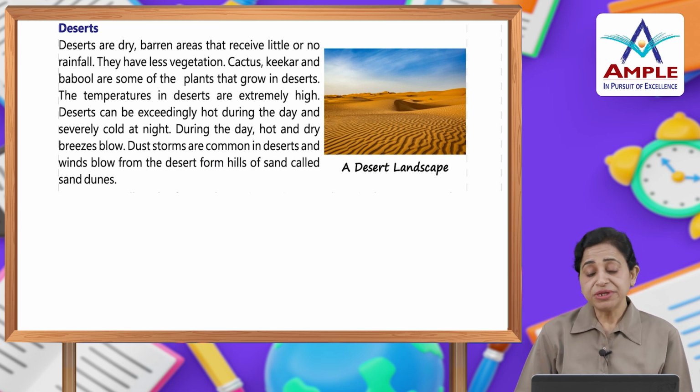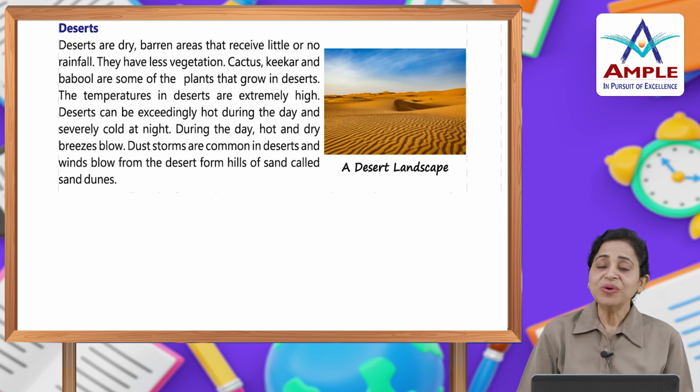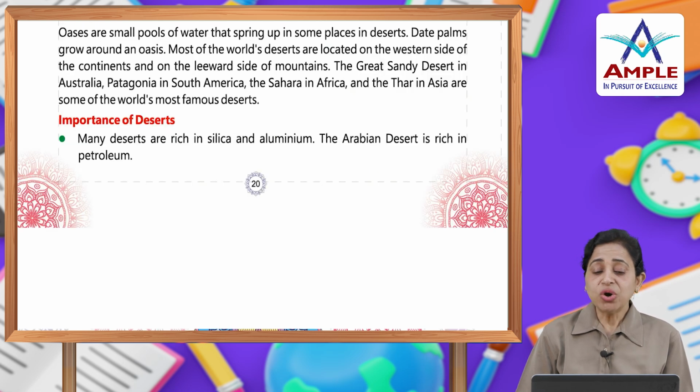Dust storms are common in deserts, and winds blow from the desert from hills of sand called sand dunes. तो इसमें दिन में गर्म हवाएं चलती हैं, रेत उड़ती है और रात को ठंडी हवाएं. Oases are small pools of water that spring up in some places in deserts, and date palms grow around an